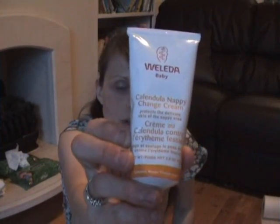Other products, creams. Traditionally people think that if you're using cloth nappies you're going to have to absolutely cover baby's bottom in cream. Well, that's a myth, you don't have to. I only use cream mainly when they're teething. And I've got two creams that I use. The main one is the Weleda cream, and this is a very natural barrier cream, and you don't need much,